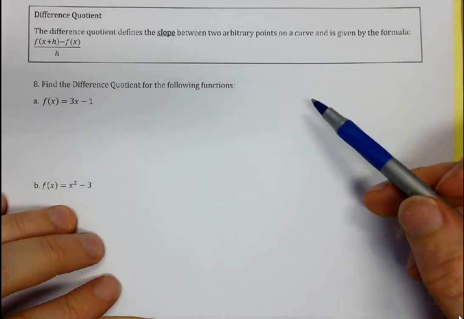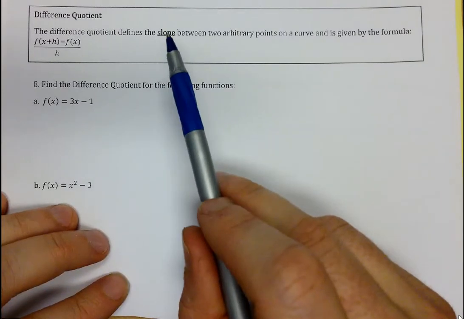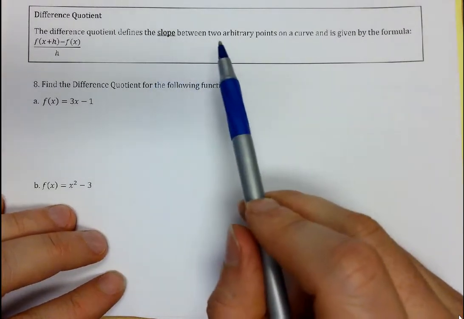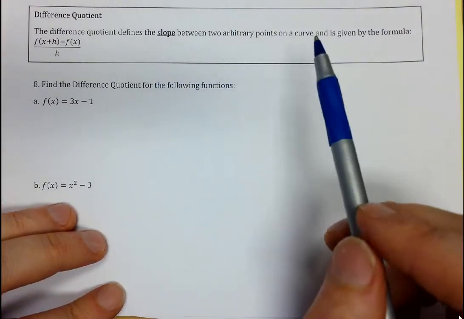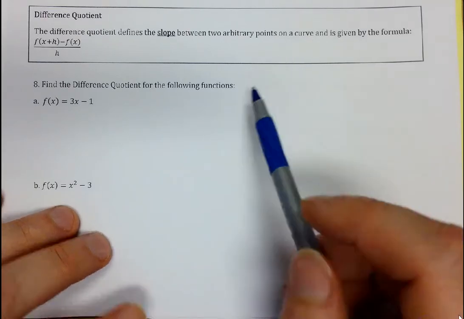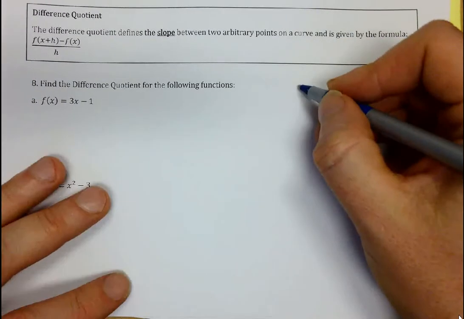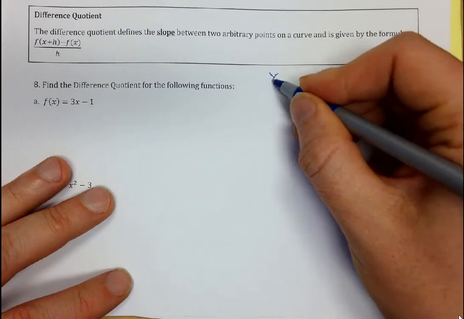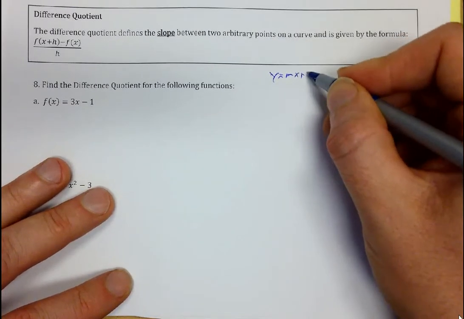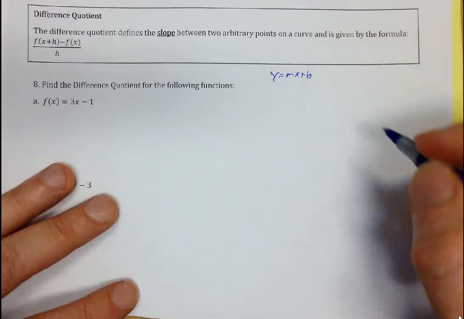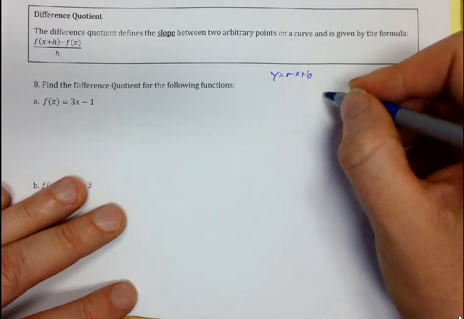So the difference quotient, what this is, it's for finding the slope between points on a curve. In every algebra class, there's this focus on linear equations, finding the slope of linear equations, graphing linear equations, etc. In that case, it's relatively easy. If I have a linear equation like y equals mx plus b, my slope is just a number. Remember, looking at a graph,